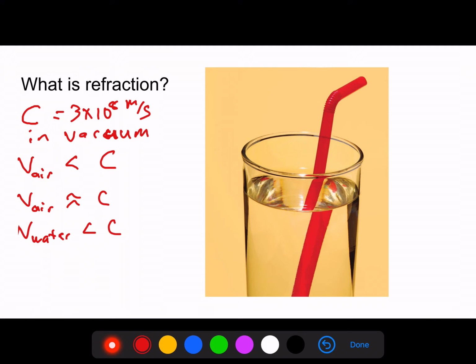And so whatever medium your light is going through, what we generally talk about is its index of refraction. Sometimes we talk about the velocity, but a lot of times when we're dealing with optics, we talk about its index of refraction. The index of refraction is indicated by the letter n,